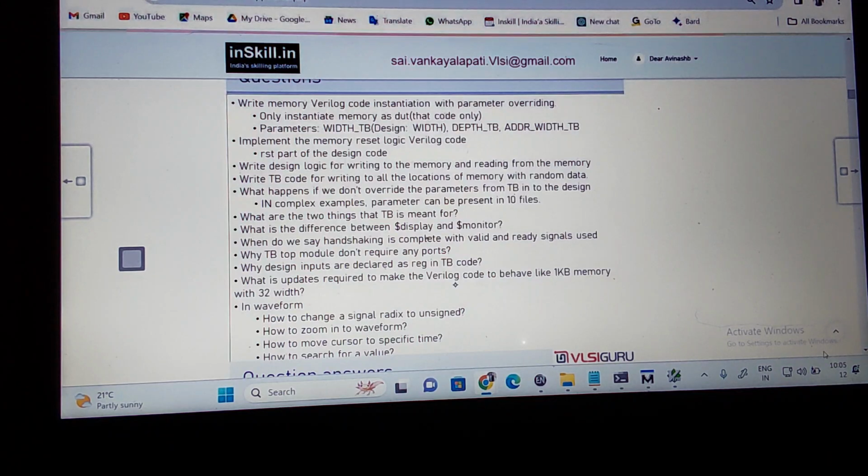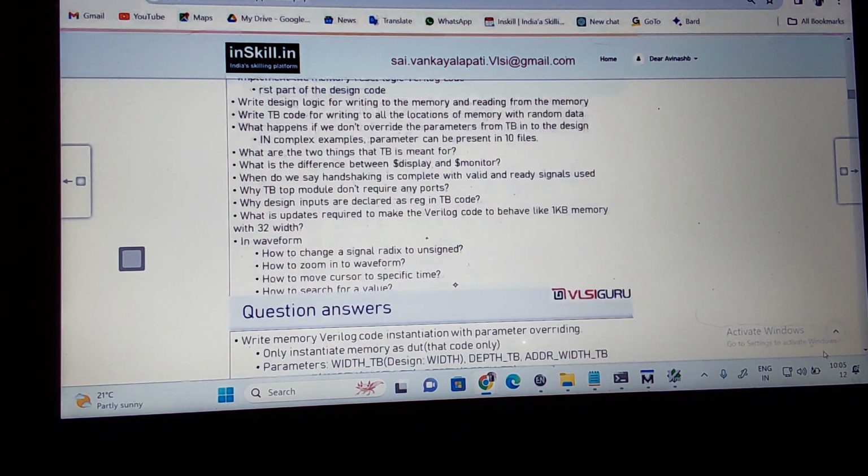So this is what we are seeing in the complete test bench, in the printed access. What are the system task functions here? How to check the waveform? What is the use of the parameters? What is the use of the task? That is what you put here. You can take up these questions and find the answers to them.